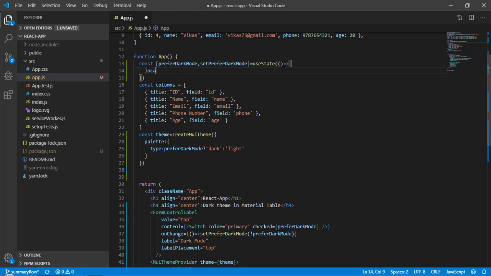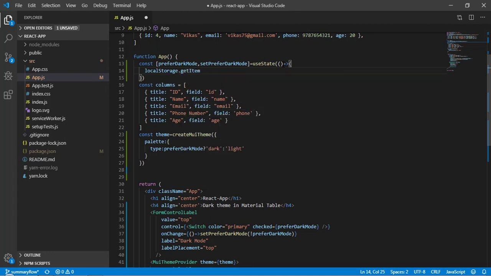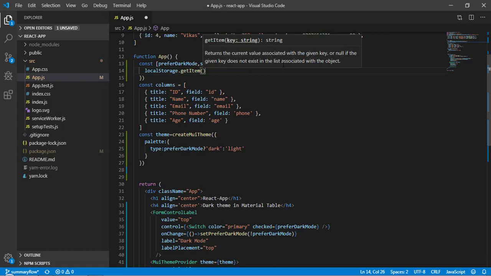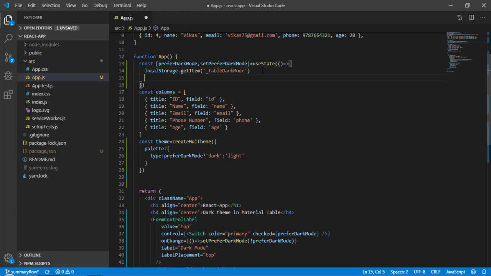So here I will call localStorage dot getItem, and here I have to pass the string. I will call it table_dark_mode. Whatever value I get, I will store it in a variable, const mode.